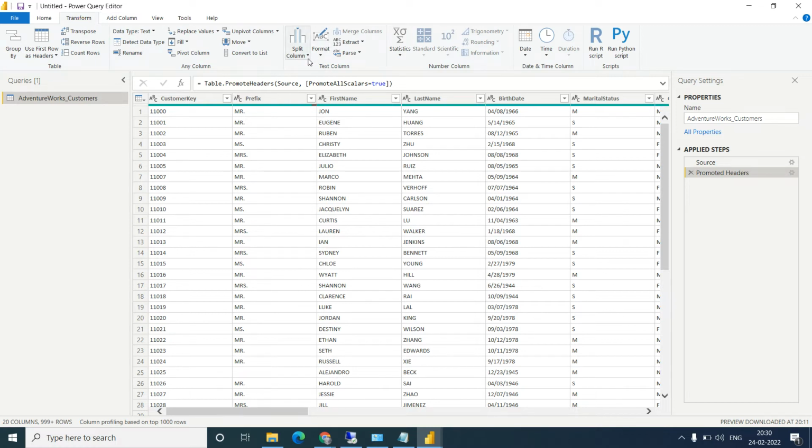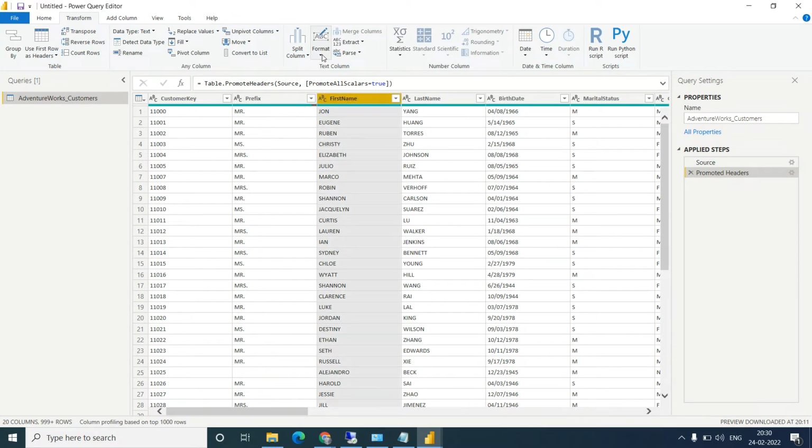You can split the column, like yesterday we had seen, right? We can do the format, like uppercase, lowercase. We can trim if there is a space. We can clean the data. This is available for the specific string column.